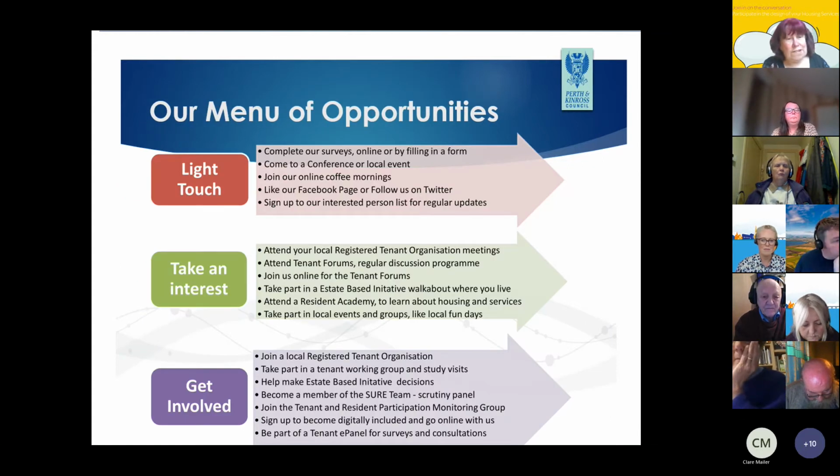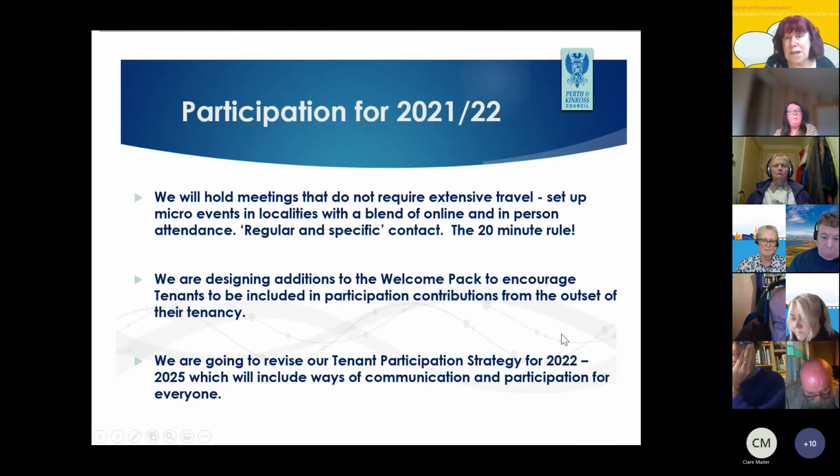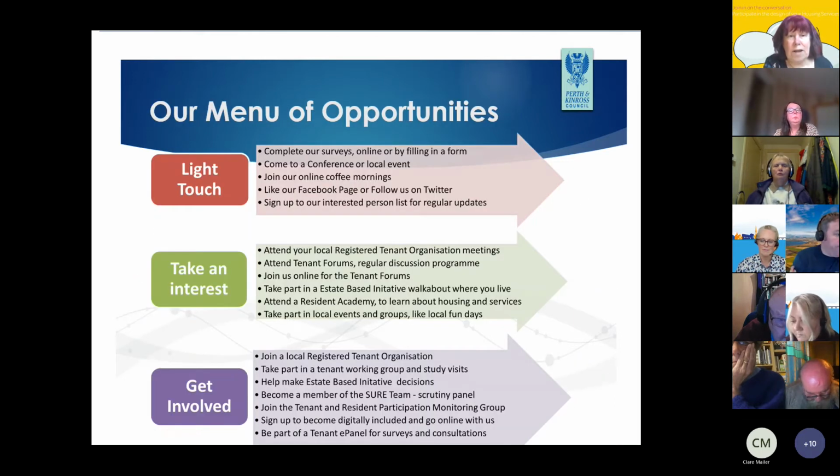So our menu of opportunities, we've adapted this slightly because of COVID-19 and various other things, and also for our new ways of working, which some is online, but some is not online. Some of it is blended, that hybrid we were talking about earlier. So the menu, as we call it, we try to tell everyone about this, because you don't have to be at a meeting like this if you don't want to. You can send us an email with a question, as people have done.